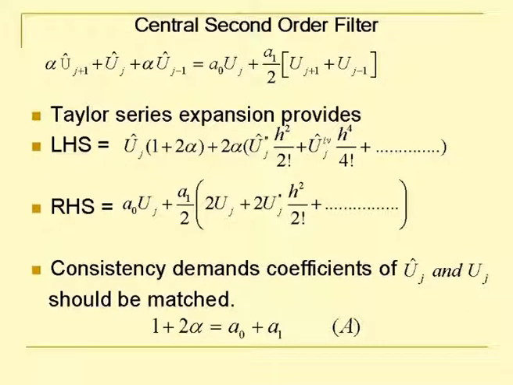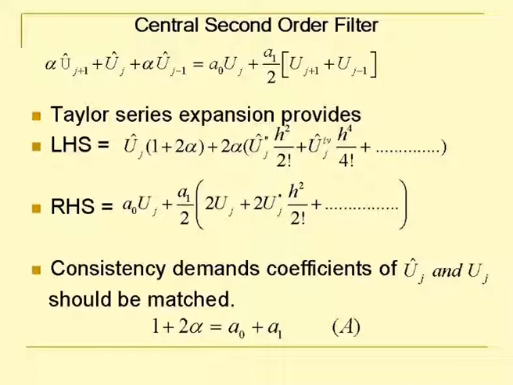in your assignment you can actually make use of the second order filter. So, you do not have to do anything fancy. We can take higher order filters, but we would restrict our attention to a second order filter. Okay. And you can see what this central means. The central means that the coefficients on either side are symmetric about the diagonal. On the left hand side you have both equal to alpha, on the right hand side you have both